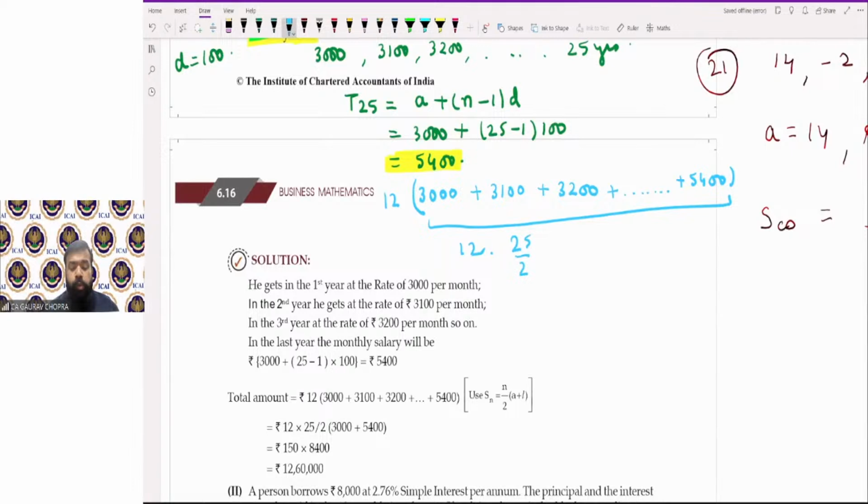n/2 इंटू (a plus l), 3000 प्लस 5400, तो 6 इंटू 25 इंटू 8400, हाउ मच यू आर गेटिंग? 12,60,000। तो उस पर्सन को ड्यूरिंग 25 ईयर्स कितना मिला है? 12,60,000 रुपीज। दिस इज द आंसर। सो इन दिस वे आप उसको क्लियरली सॉल्व कर सकते हैं। दिस वाज इलस्ट्रेशन नंबर 1।